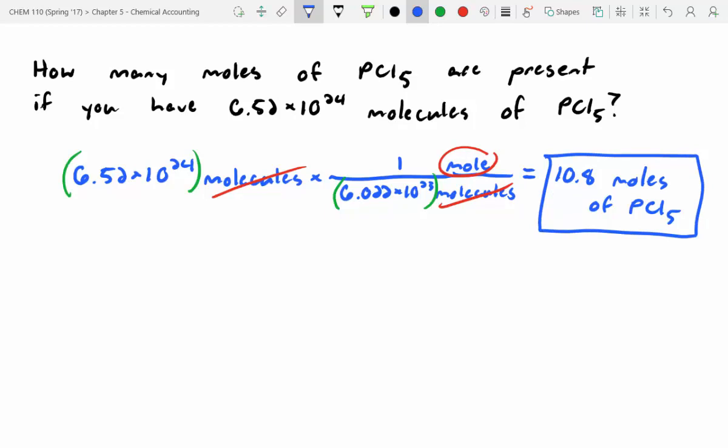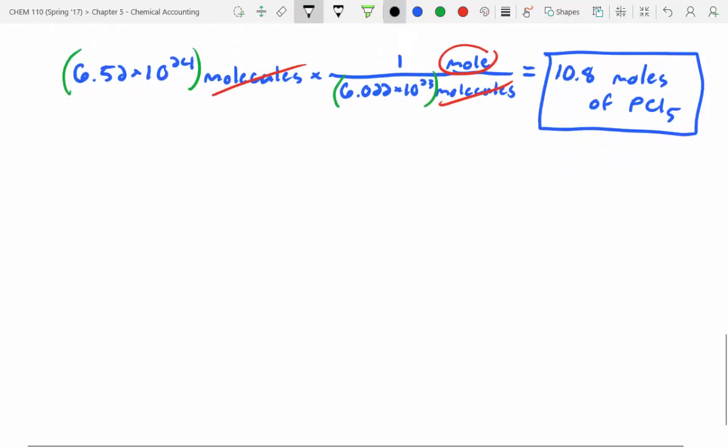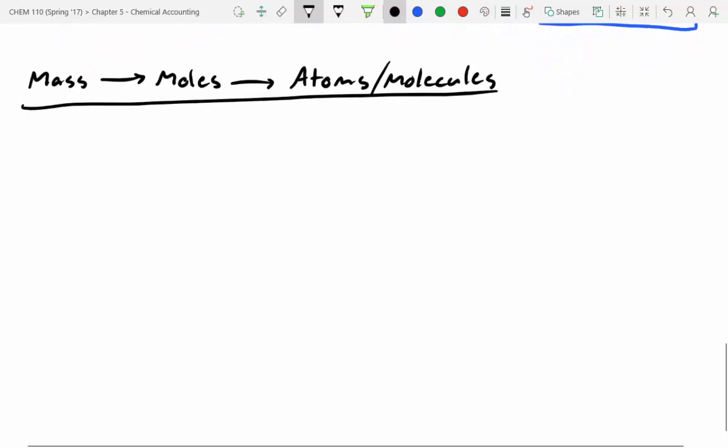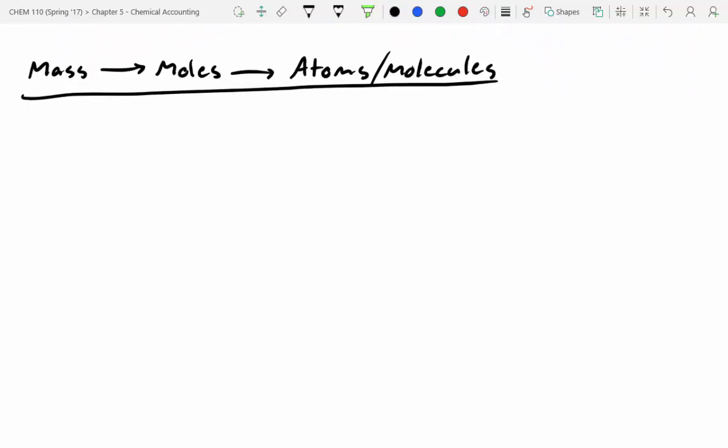All right, you guys ready for a more challenging one? I know these get kind of boring. All right, so let's do mass to moles to atoms or molecules. So this is going to have 2 steps rather than 1. All right, so how many atoms